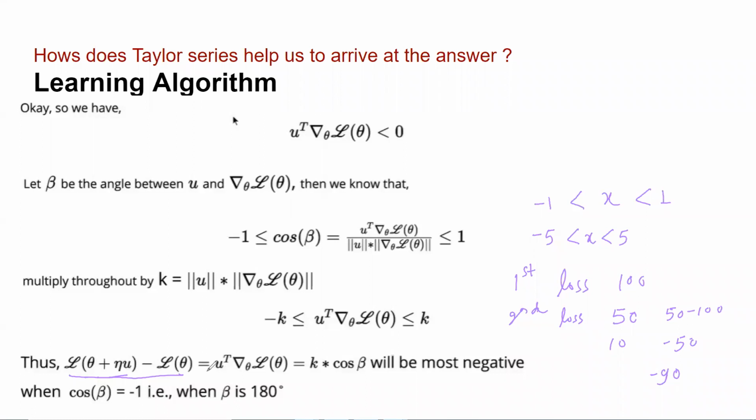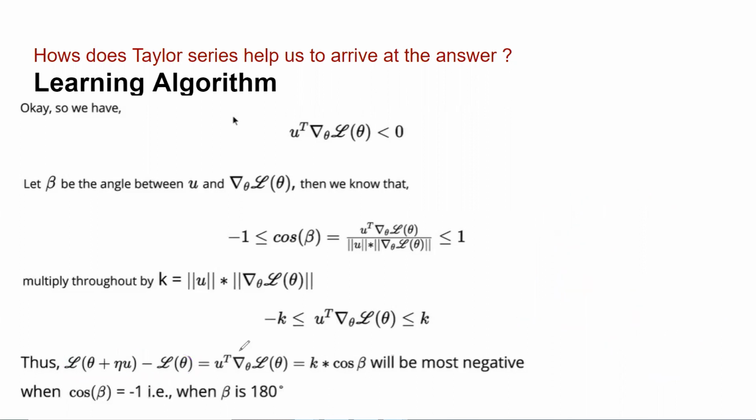Okay, in that case, let me explain this in a different way. You agree that this expression should be as low as possible? Yes. And this expression is equal to this expression, right? That's not clear to me, how it's equal. It is coming from the previous slide, right? Let me take you to the previous slide.